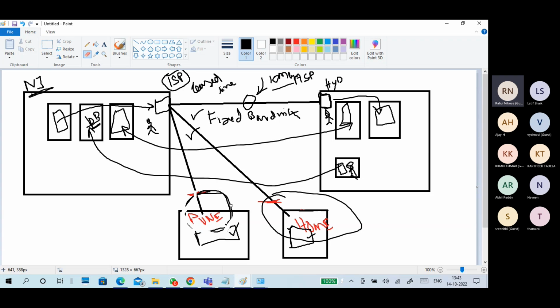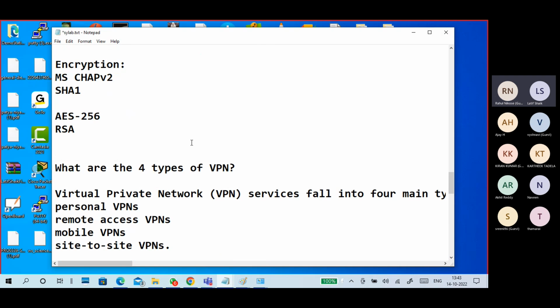So, for example, I have an office, I need connectivity, and this is a server I want to sync. So we can take a VPN connection and establish a connection between these two using site-to-site VPN. This is like a remote VPN. This is site-to-site VPN. This is a leased line. Those are the differences.